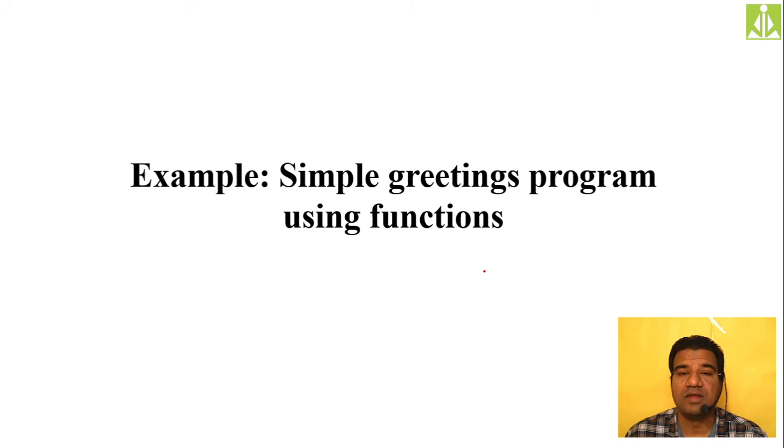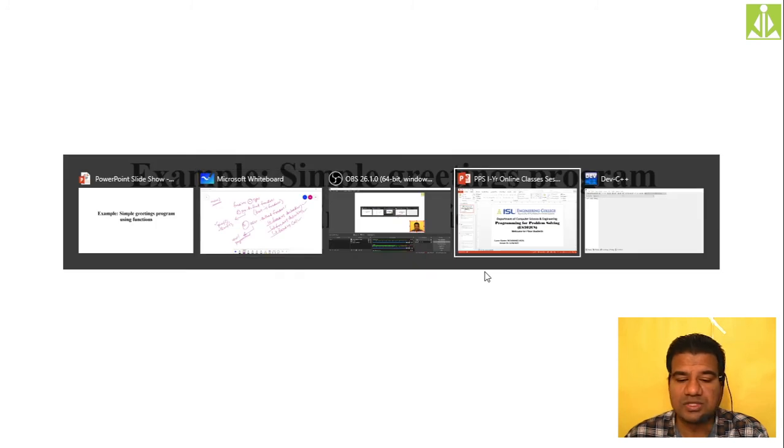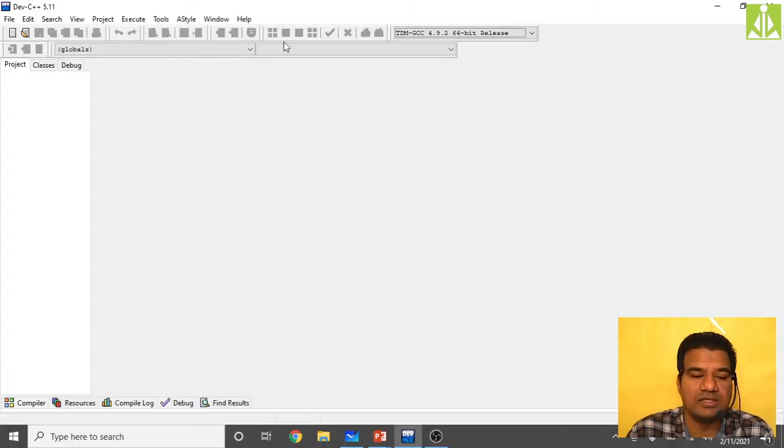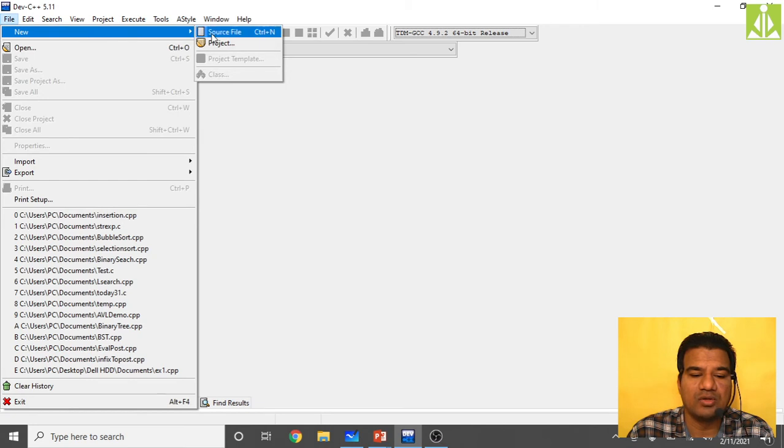Now I will show you a simple C program with functions, and how the functions concept can be used inside your C program. Quickly, without wasting much time, I'm going to my IDE and opening a source file.